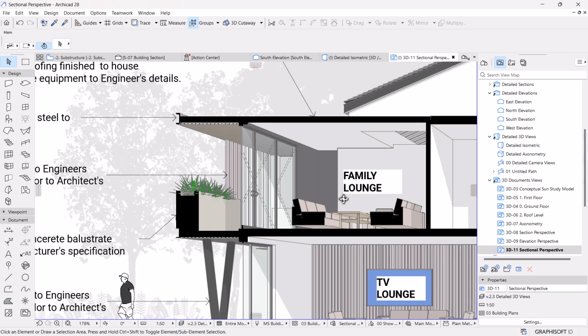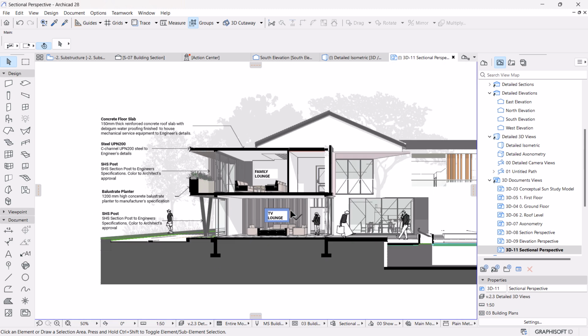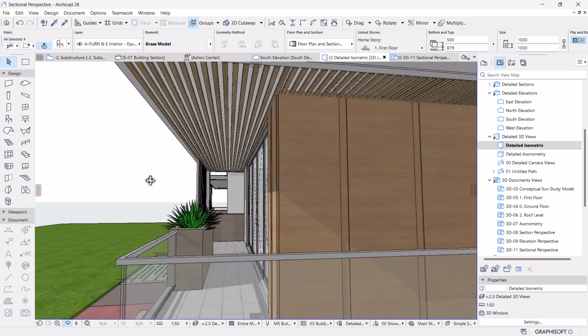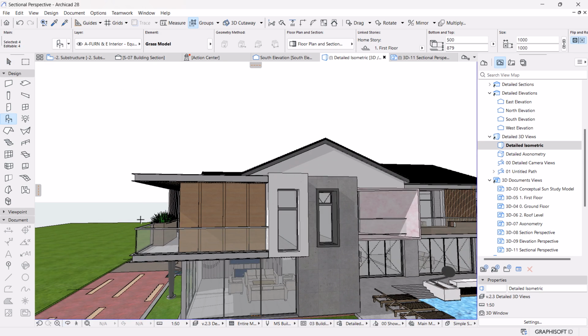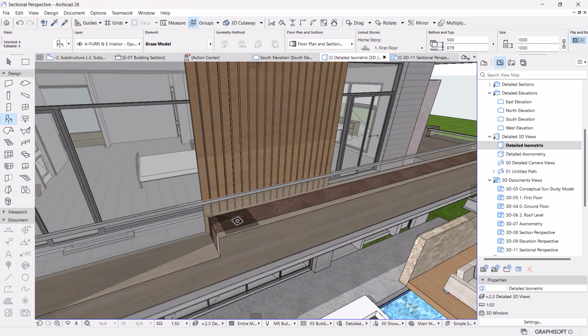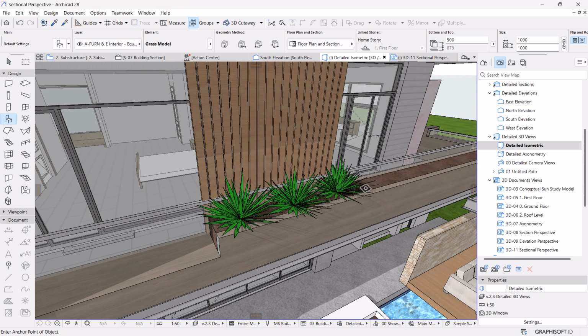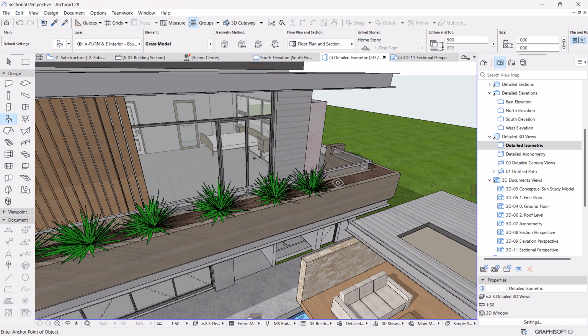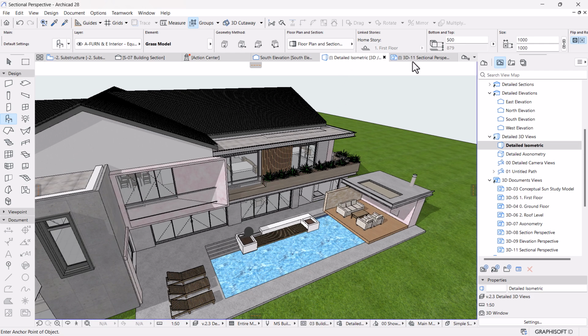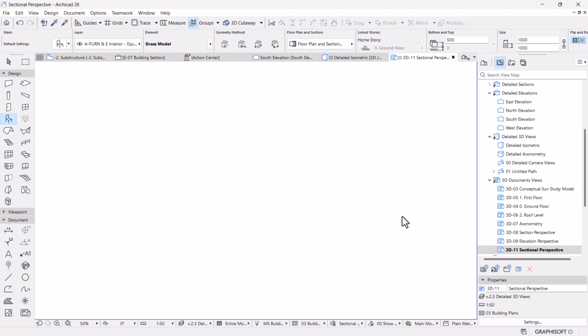I'm going to pick the parameters of that, and then place it like so. Yeah,